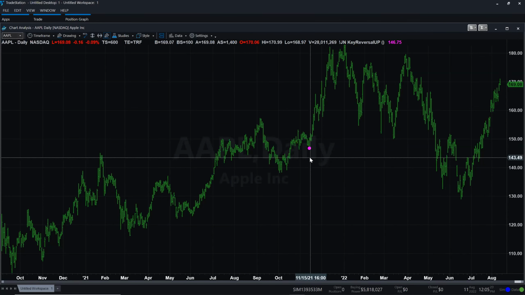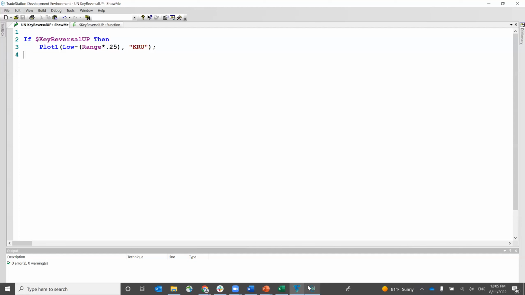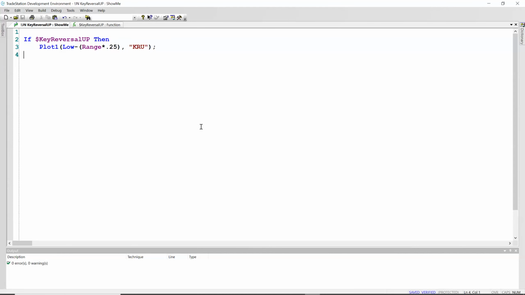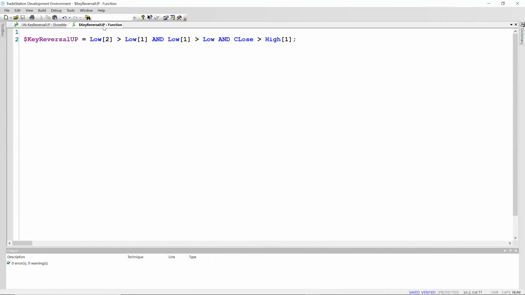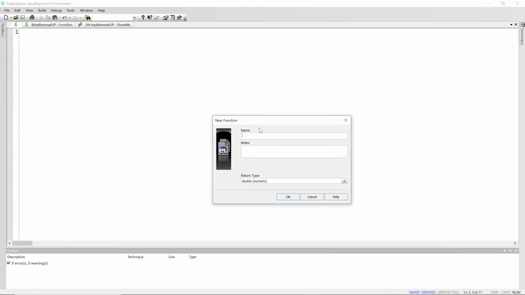Well, before we do anything, let's go ahead and create the other side of this. Okay, so we have the key reversal up function. Let's create another one. Let me go back in here. We're going to do a function again. This will be